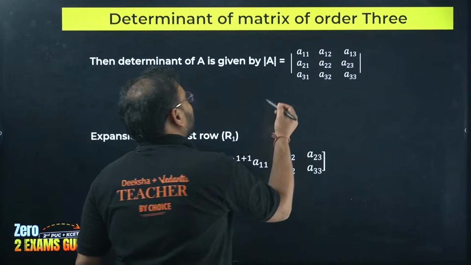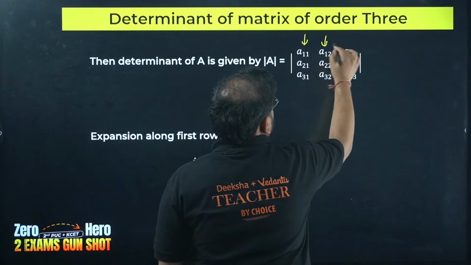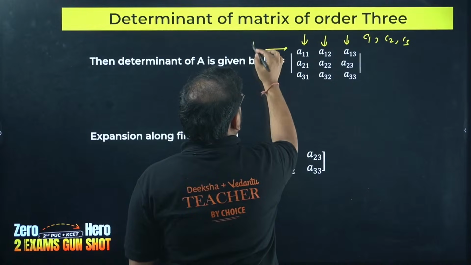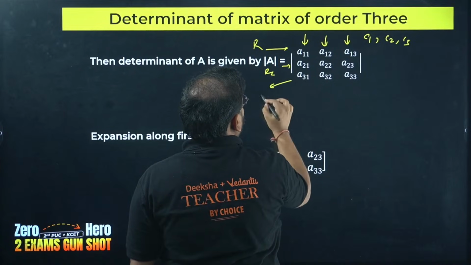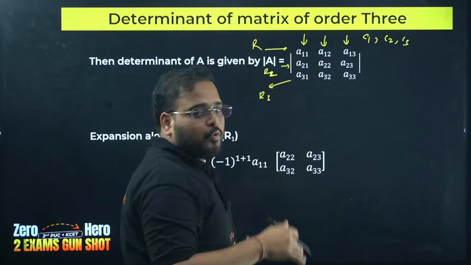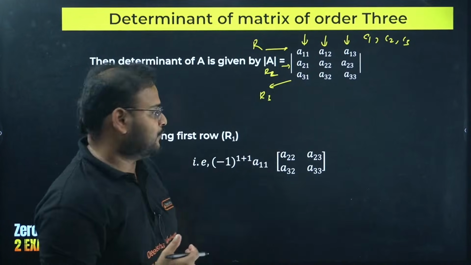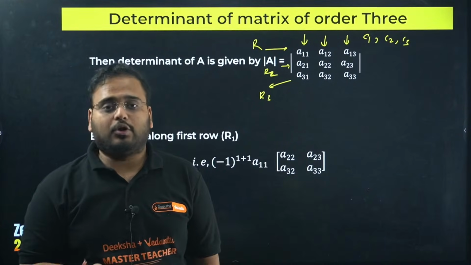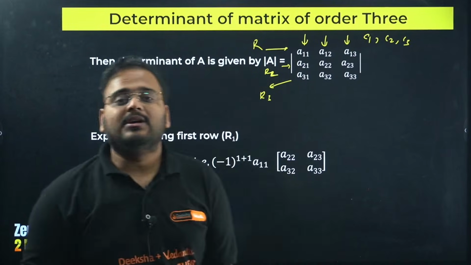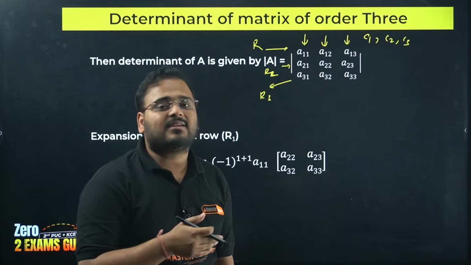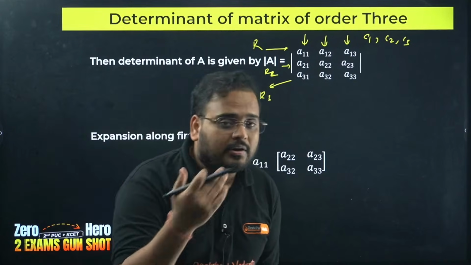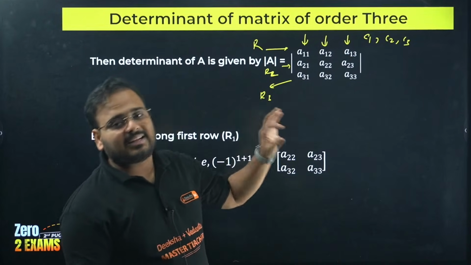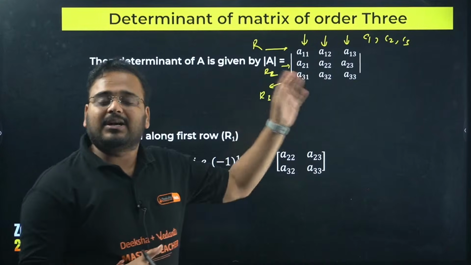Now we can do that in a total of 6 ways. First, second, third columns, C1, C2 or C3, and we can also use row 1, row 2 and row 3. So I can use either a row or a column to find the determinant value. Which one to pick depends upon the number of zeros in that particular row or column. Whichever has the maximum number of zeros, the calculation will be easier, and the chances of making a mistake will also be reduced. So make sure that you are looking for that row or column where the calculation is easier.